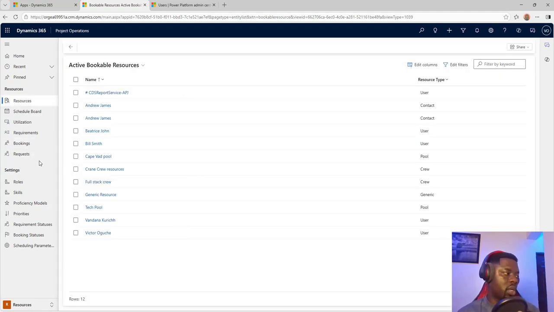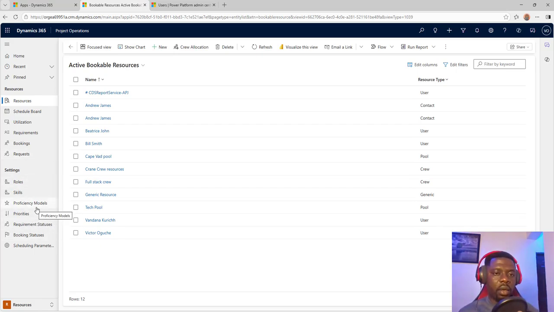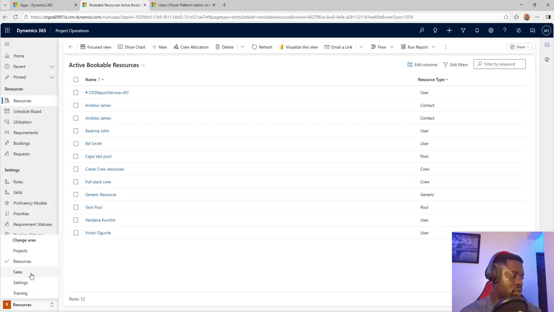When you click on this is where you do your resources: creating teams, your requirements, booking requirements for a project. All of that, we're going to look at. This is basically where you come to do that. Your roles, skill sets, and proficiency models for your users and all those, we'll see that here. Then when I go down to sales,